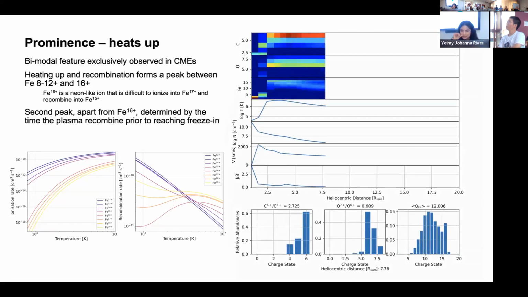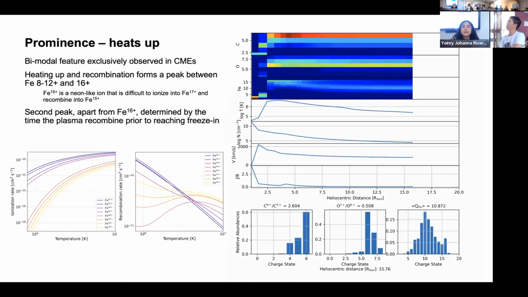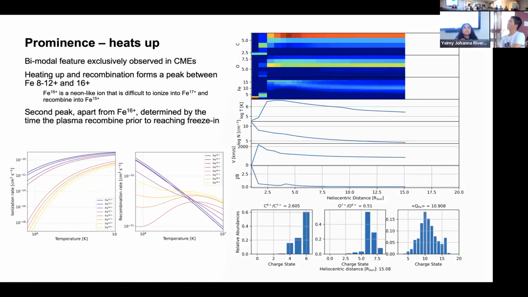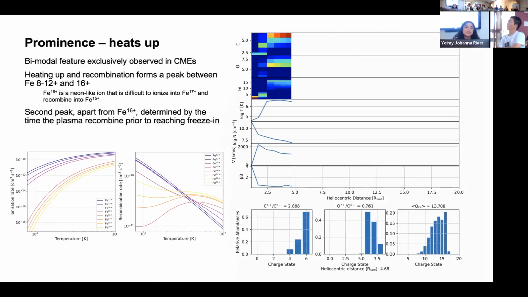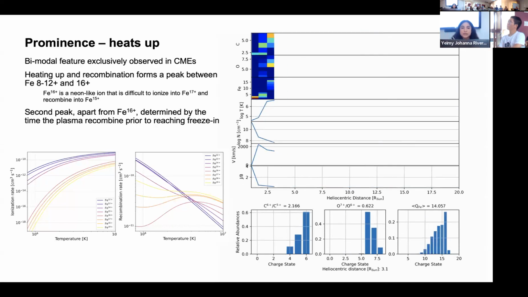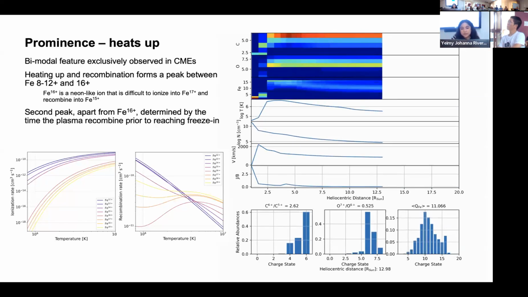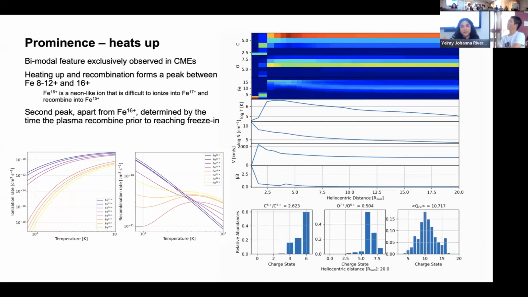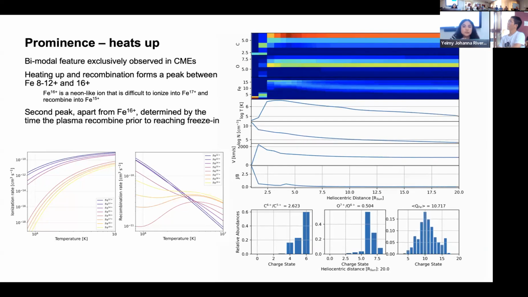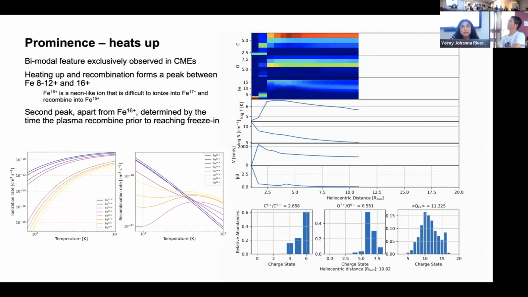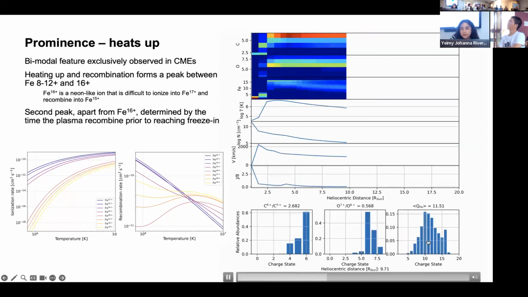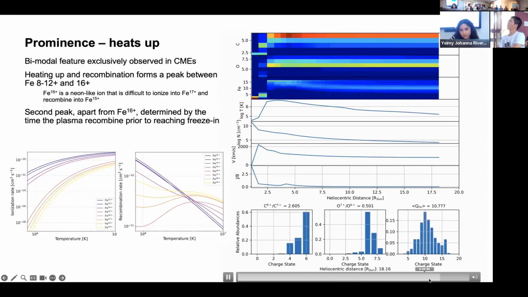And so in this case, I'll go over very quickly. As I was mentioning before, we have these two structures that we were aiming to reconstruct. The second half of the CME was that bimodal distribution in the iron. So in this case, what we found is that for prominence material that gets heated up very, very quickly towards the beginning, within a couple of radii, and then begins to cool, this particular thermal evolution or thermal history of the plasma was able to reconstruct the bimodal distribution in the iron very well.